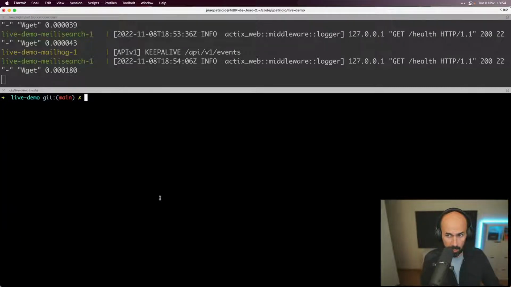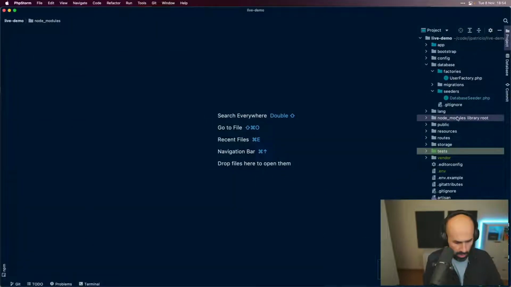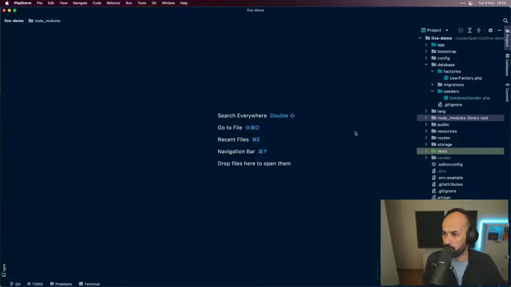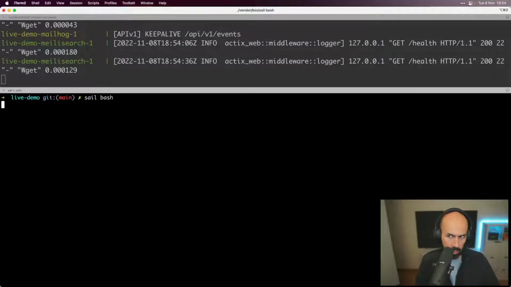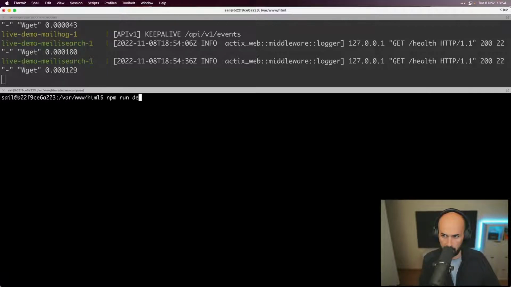So we installed npm dependencies, so now we can check. We'll have node modules. You see it just appeared. Here it is, we have node modules installed, and of course I have node installed in my machine, but I wouldn't need it because it's running inside the container. So let's go again inside, and from here you can see we ran this npm and with this node. So what we'll do next is npm run dev, and it's running inside the container,